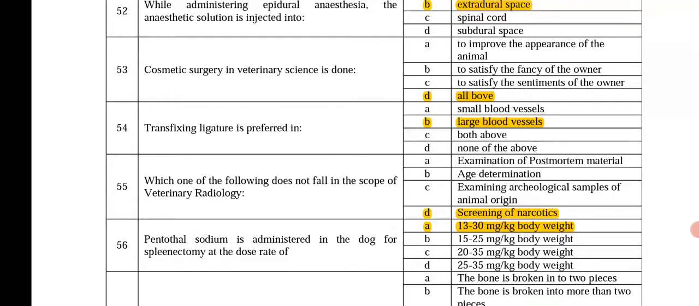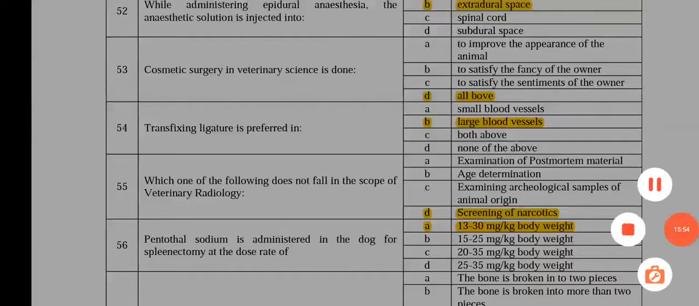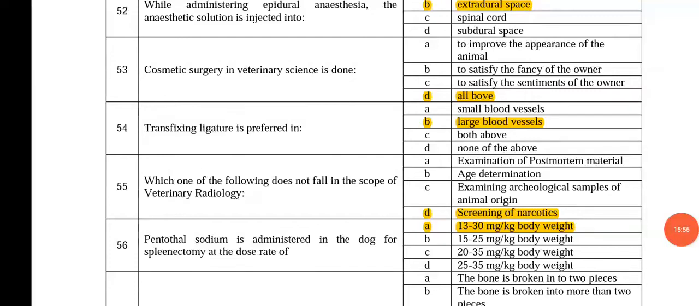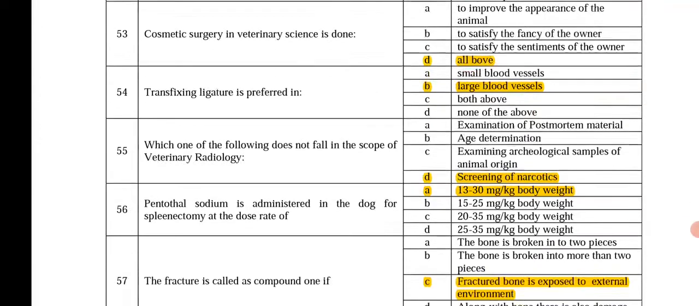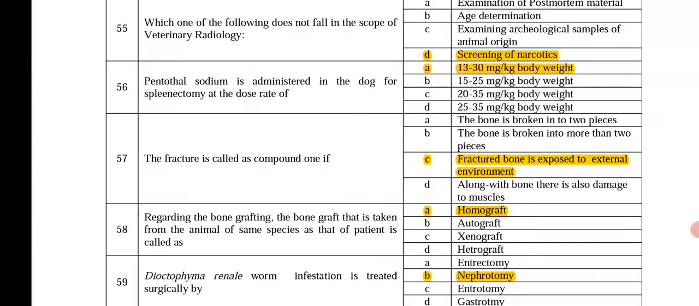Pentothal sodium is administered in the dog for splenectomy at the dose rate of 30 mg per kg body weight. The fracture is called compound if bone is exposed to external environment. Regarding bone grafting, the bone graft that is taken from an animal of the same species as that of the patient is called